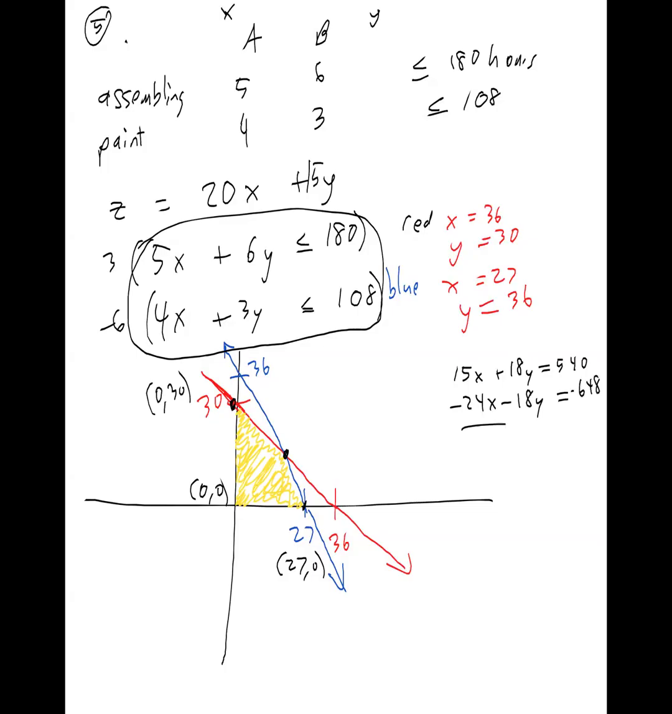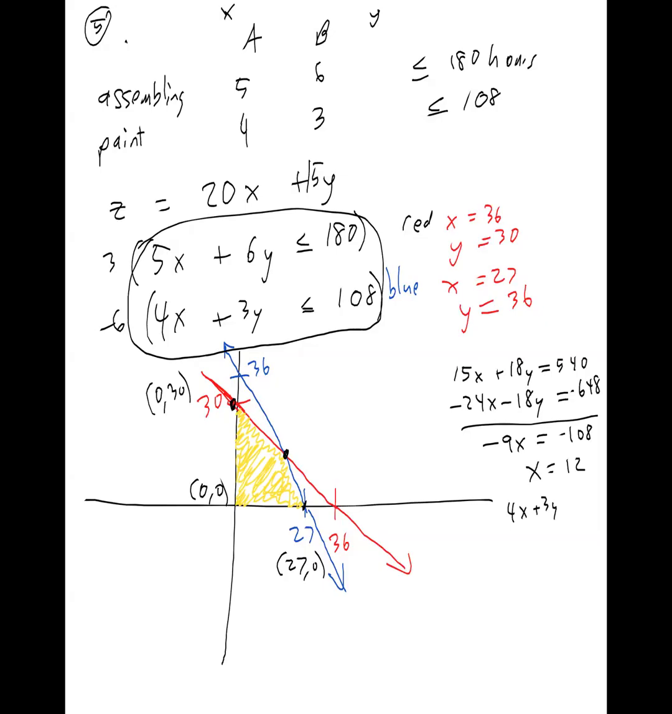So now I'm going to add those equations together, and I'll get negative 9x equals negative 108. If I divide that by negative 9, I'll get positive 12. So x equals 12. And then if I plug x back into the smallest equation, the smallest equation is 4x plus